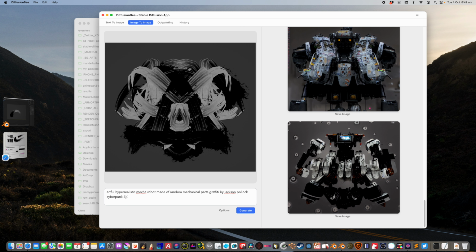In this case I'm using this prompt: an artful hyper-realistic mecha robots made of random mechanical parts, graffiti by Jackson Pollock, cyberpunk. I can keep adding stuff here, maybe sharp focus,